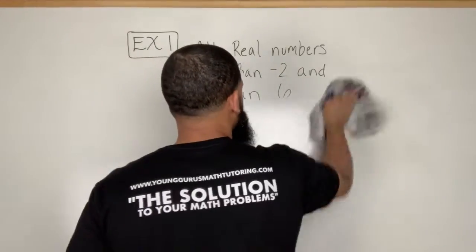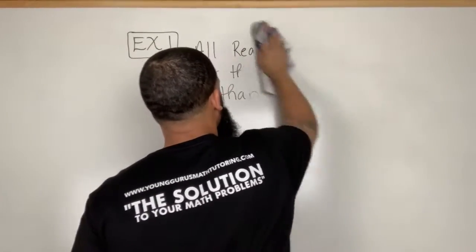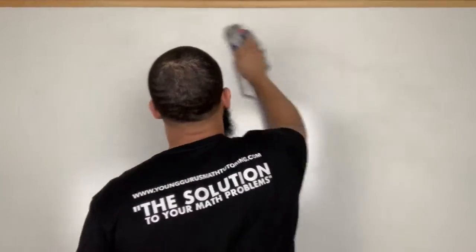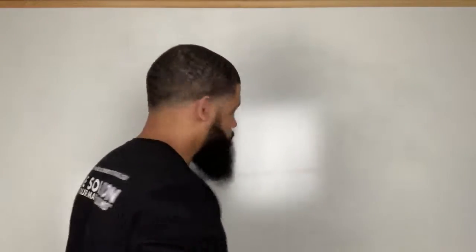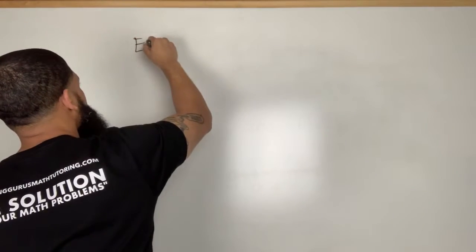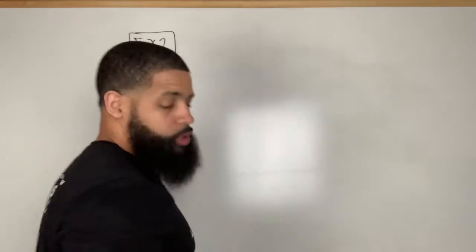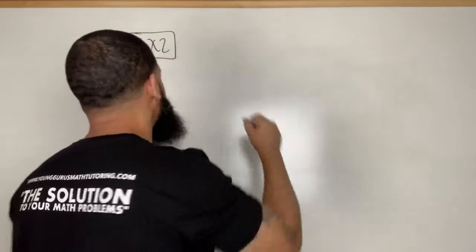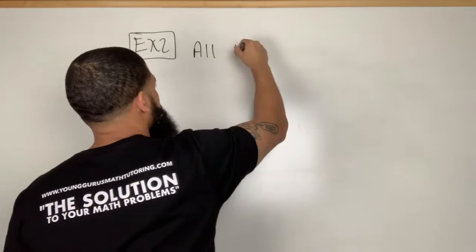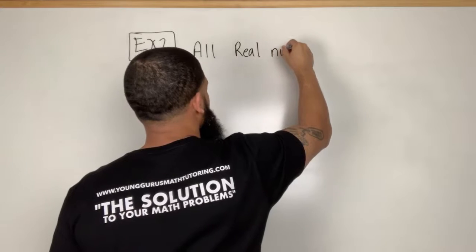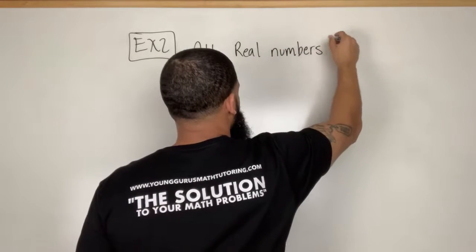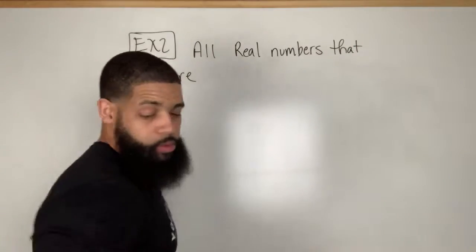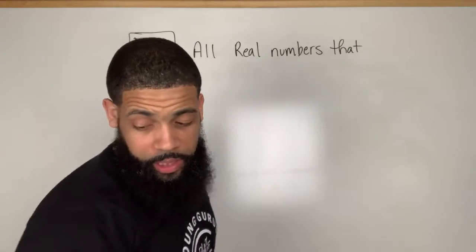All right. We'll do one more example because there's one more type of compound inequality. All right. So this one we're going to do, for example, 2. This one is all real numbers that are less than 0 or greater than or equal to 5. So all real numbers that are less than 0